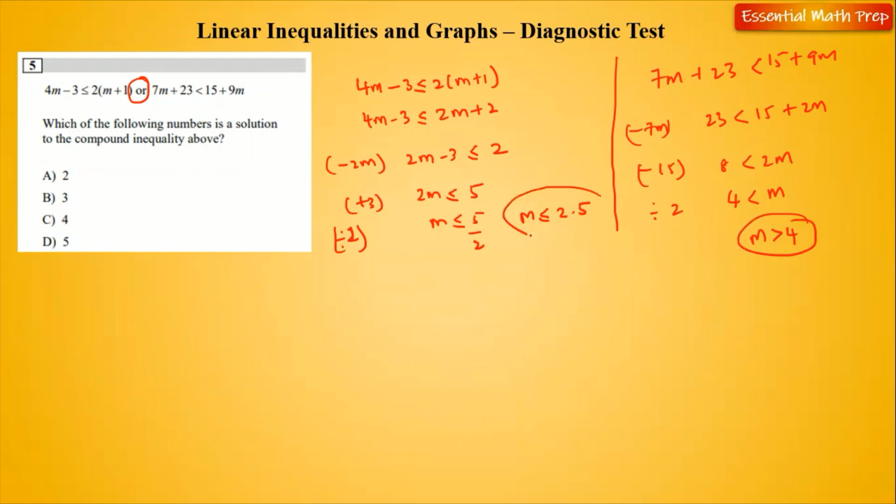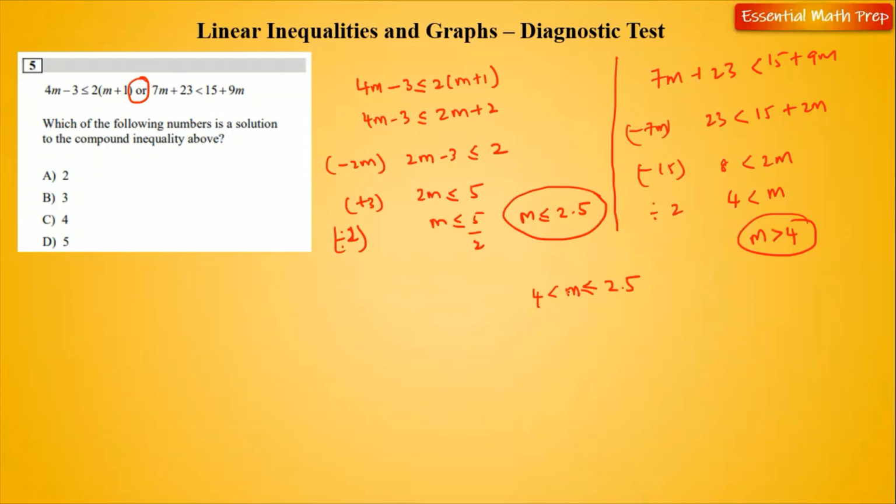So m is greater than 4, and m is less than or equal to 2.5. There are really two answers possible. Let's write it: m is greater than 4 and it's less than or equal to 2.5. What are the values existing between